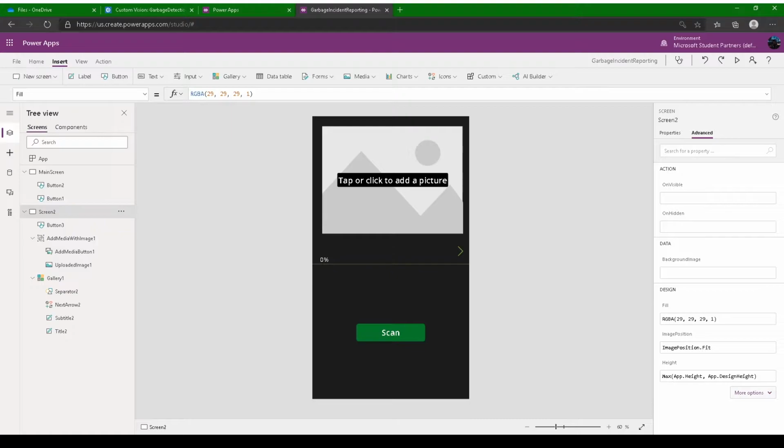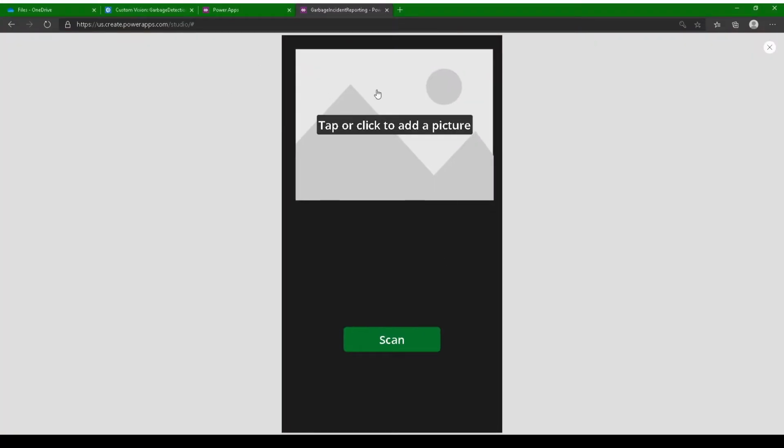Hold on, let me copy it to my documents folder. Okay, so if we run our Power App and click add image, and I go to pictures, there you go. This is a trash image that I found.